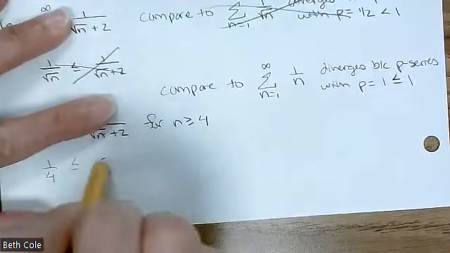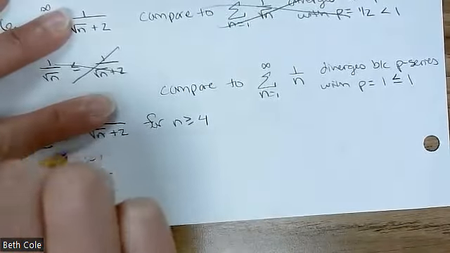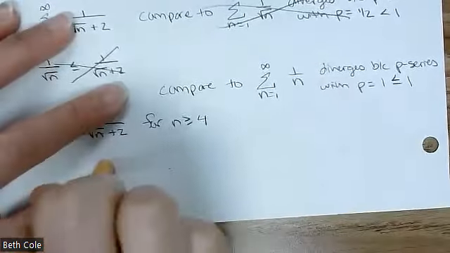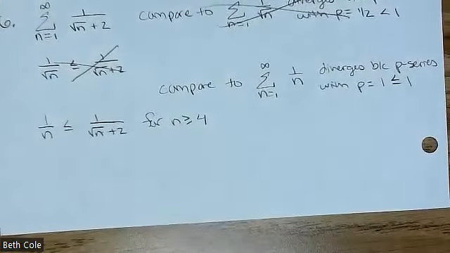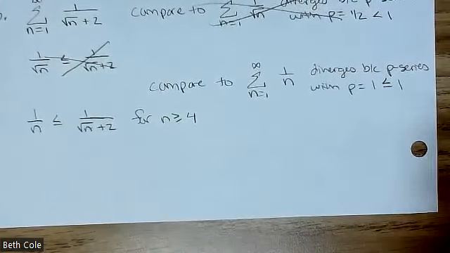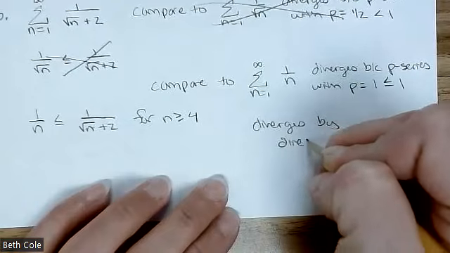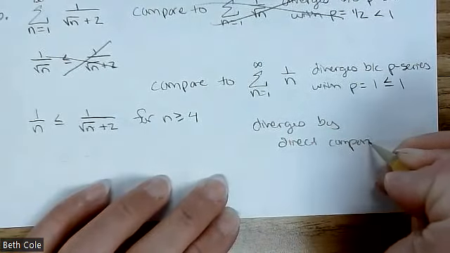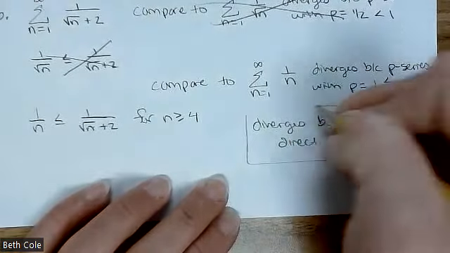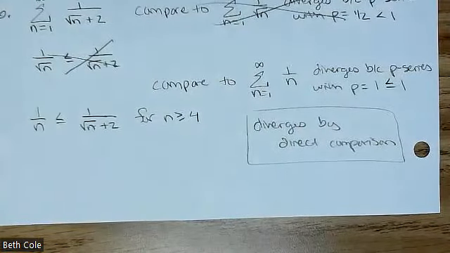And again, as long as it's eventually true, then you can do your conclusion. So what's the whole conclusion to the whole thing? The original series does what? Diverges by direct comparison. And once again, that's why if I get a choice, I would do a limit comparison, because you don't have to worry about which one is bigger and which one is